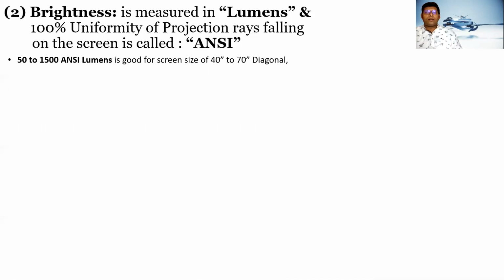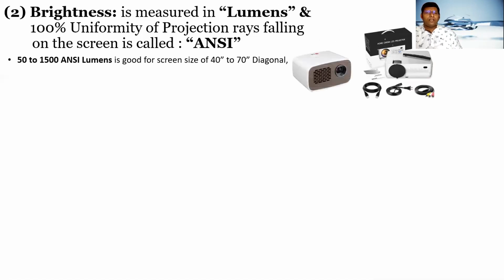So brightness we have divided into 4 parts. That is 50 ANSI lumens to 1500 ANSI lumens. In this you can make a good screen size, that will be 40 inches to 70 inches diagonal, and even in room light it can work. These are the types of projectors which come. But in this you have to take care that the ambience light should not be too much. There should be a dull room light. Room light matters in this, because even the 1500 ANSI lumens can make a screen size of 120 inches diagonal, but in a pitch dark room. So you need to understand that, because for 50 to 1500 ANSI lumens, the ambience light is very critical.